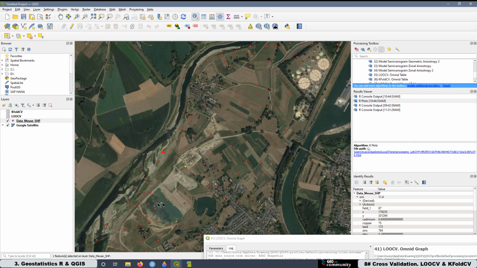As you can see, the density of the samples here is quite big. Also here we have a lot of samples, but in all this area we don't have samples. And I believe that's the reason, because in this specific case, the model in that area is not so efficient. It's something related with the number of samples taken in this area, because as far as I know, this project,